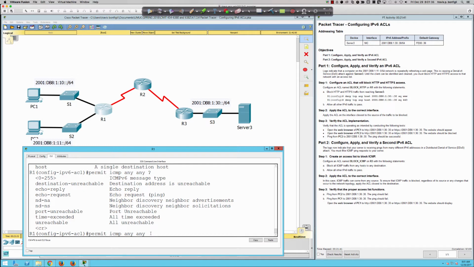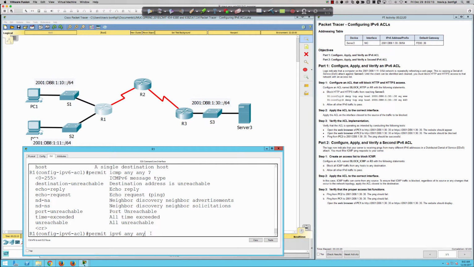So if we want to make sure, and I think the requirement is, allow all other IPv6 traffic to pass, right? We've denied what we wanted to deny, and now we're just going to say permit IPv6 any. This kind of supersedes those three implicit lines at the end, because this line will come before, and the lines that we explicitly enter as part of the IPv6 ACL are always evaluated before those implicit three lines at the end. So this kind of circumvents